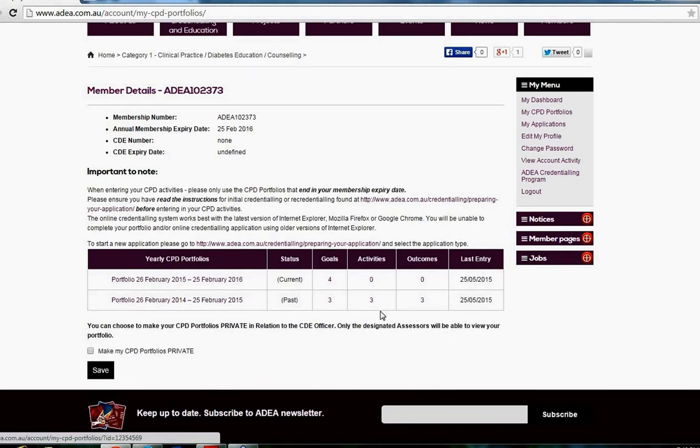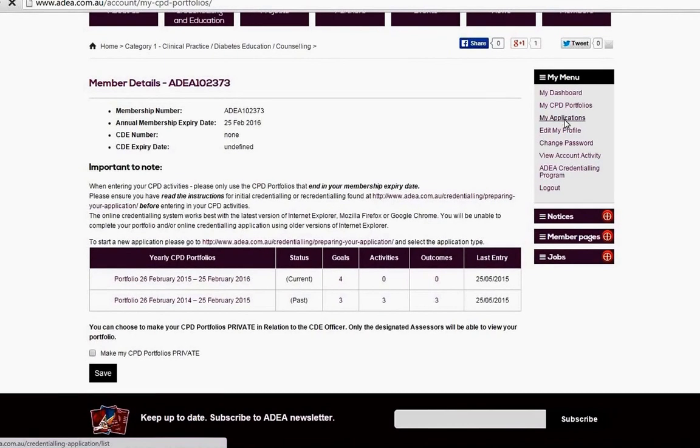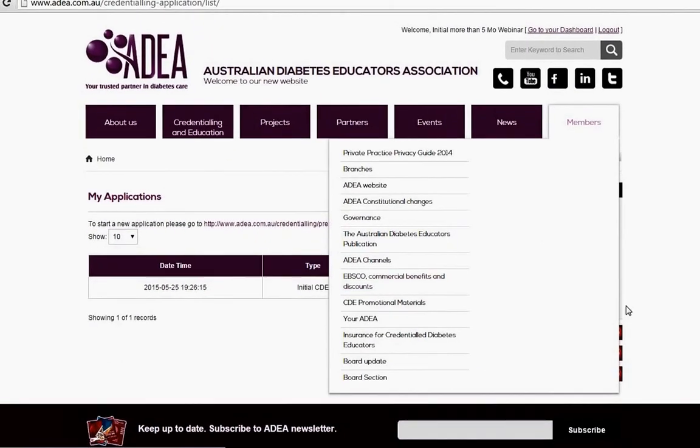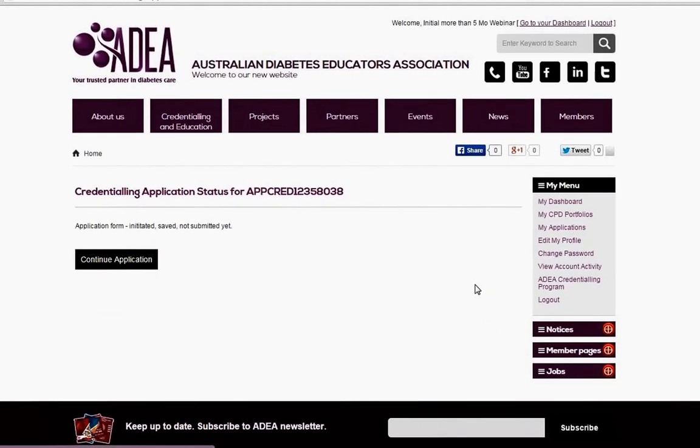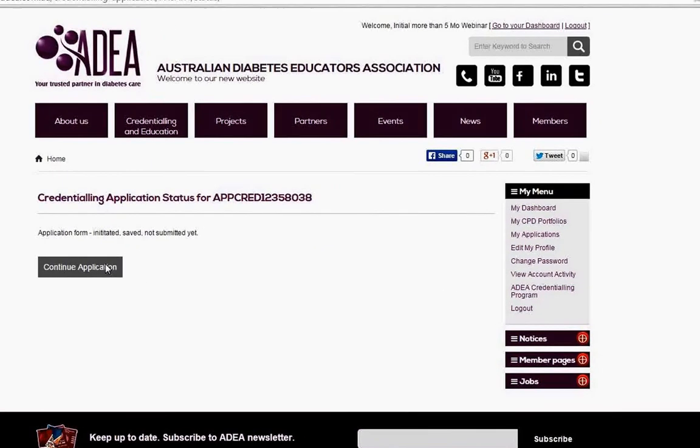If you entered one into your last year's portfolio when it should have been in this year's portfolio, you would need to delete it from that one and enter it into the other one. If you are in your application and you can see that it's wrong, so if we go back to the application,